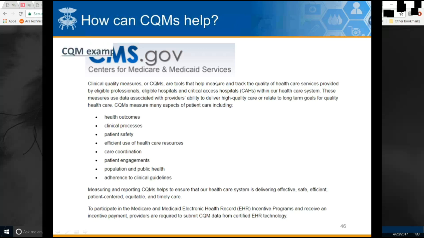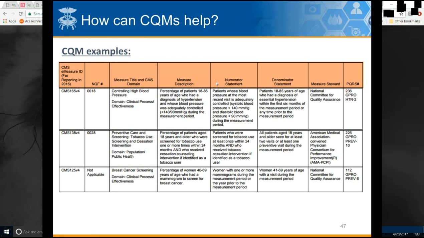So I just wanted to give a few examples of some of the quality measures. These are ones that are published electronically. CMS 138, preventative care and screening of tobacco use. Just to break this measure down,